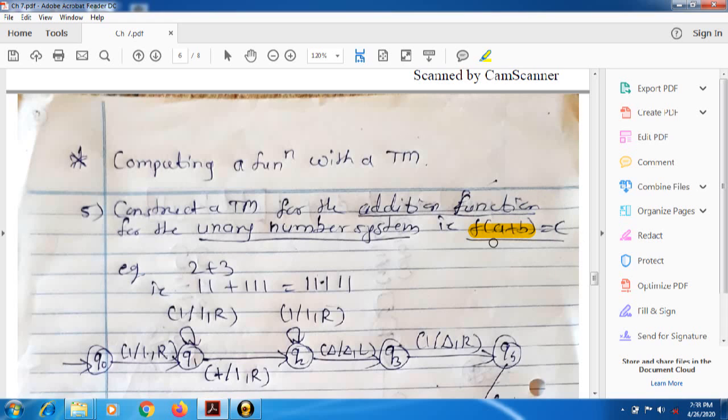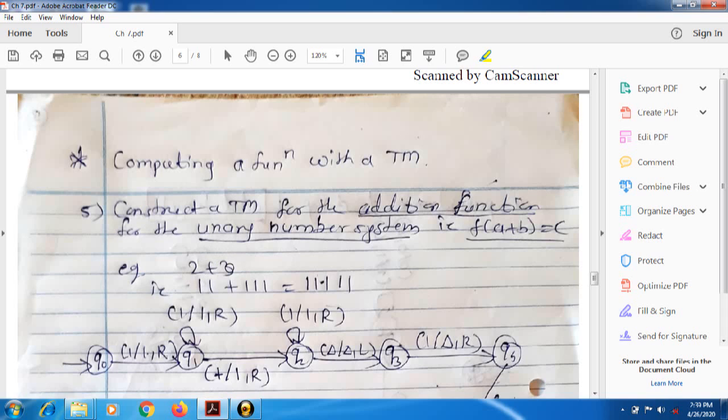So this is a very simple function as compared to mathematics, but while designing its Turing machine we use some logic. Now see, suppose we have to take some examples to draw its Turing machine. Now I have considered here two values, that is 2 and 3, to make the addition of these two, and after making this addition we will find one answer, that is 5.